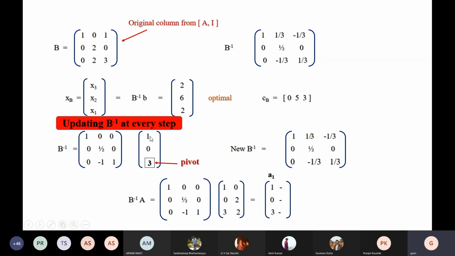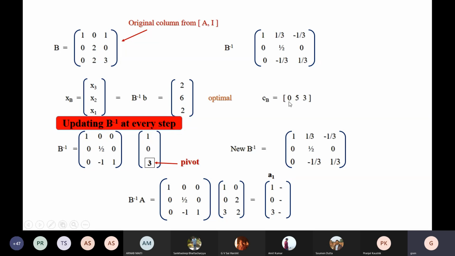And then the top one, you have to make it 0. So you now subtract it from the revised pivot, which is now 1, right? You have divided it by 3. Fine. So you divide this last row by 3 and then subtract from the first row. You do the same thing for the B inverse, right? And you get this new B inverse. So if you compare this new B inverse with this one, which you have got for this new B, you know, they are same, you see.